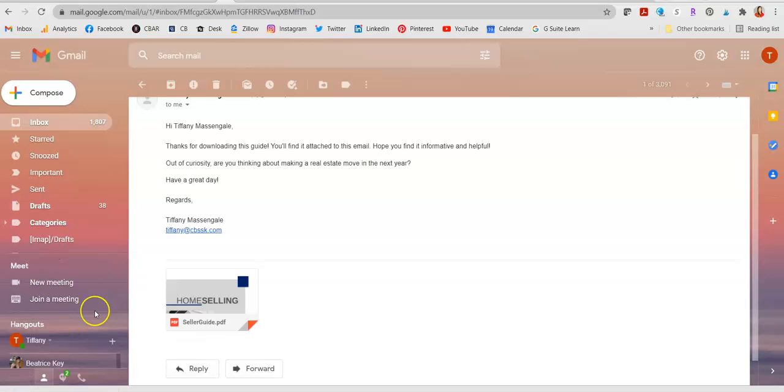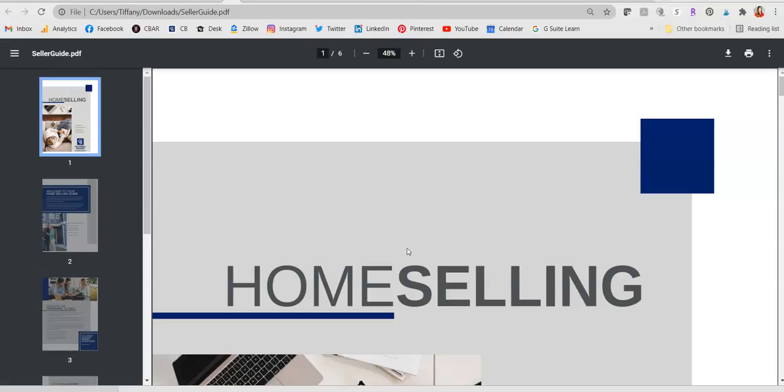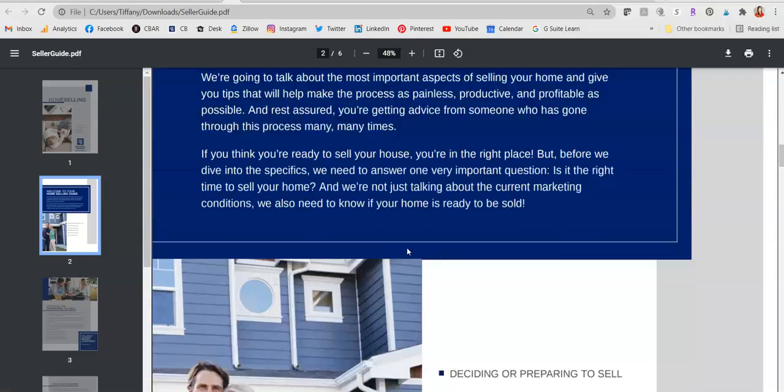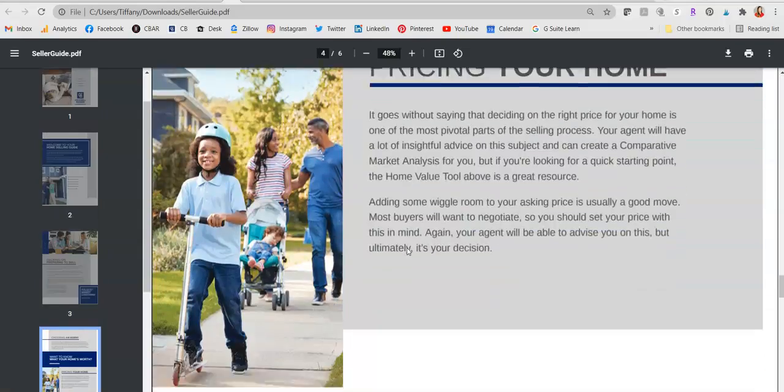So I'm going to hit download. It's going to come down here, right? So let's look at it. Let's see what it looks like. So when we open it up, it's about 6 pages long. So I would suggest you print it front and back. And then at the bottom,